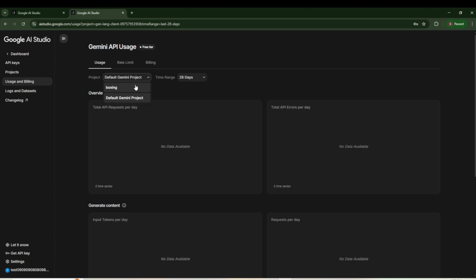If you work across different initiatives, use the project filter to ensure you're looking at the correct environment. This helps separate production activity from testing or staging so you don't confuse one project's traffic with another's. You can also switch the model filter to focus on a specific model. This is handy if you're comparing performance or cost profiles and want to see which model is driving the majority